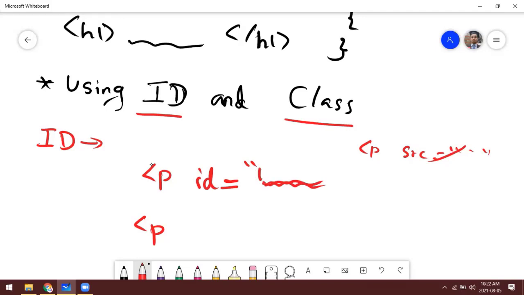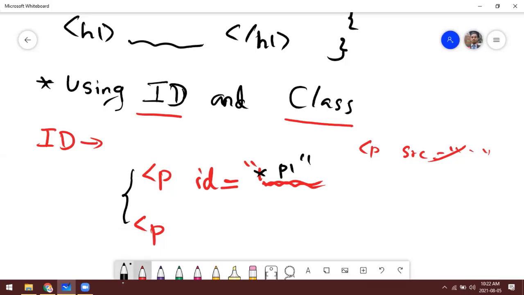Otherwise it gives a different meaning. For example, you can give P1. This is okay. Even though these two are paragraphs, using ID we are separating them. This is the first paragraph, ID equal P1.